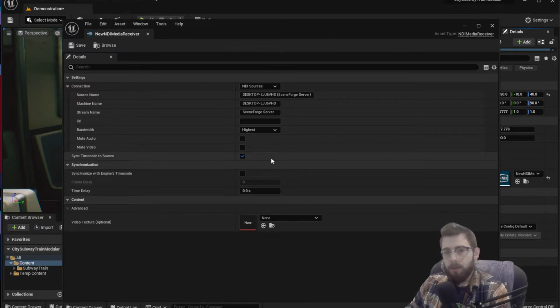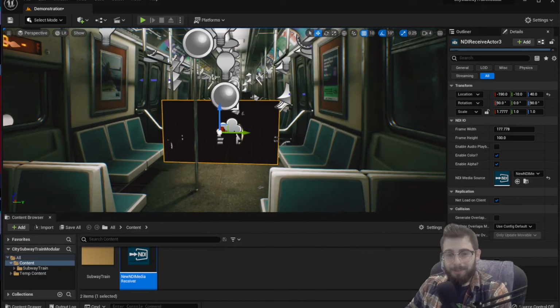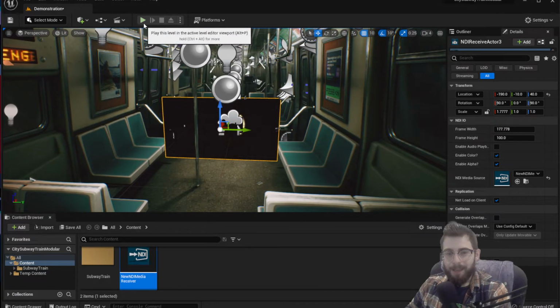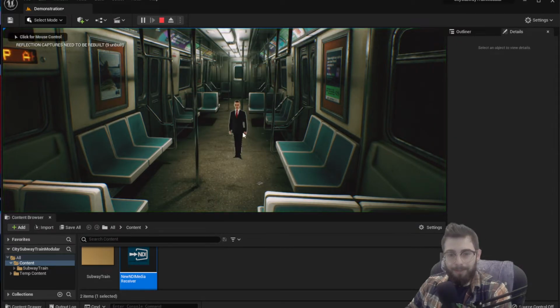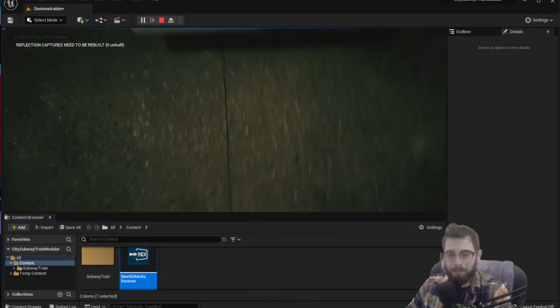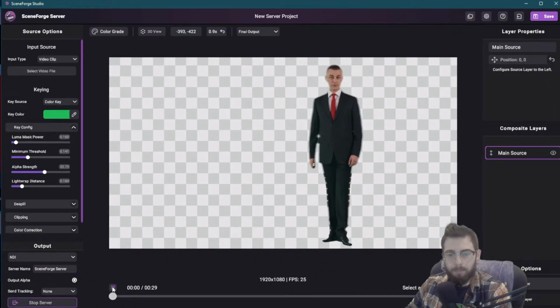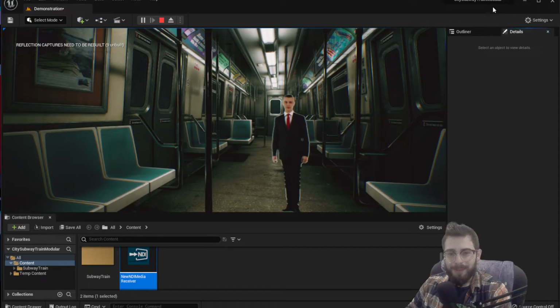If you are familiar with other NDI options, these other settings may be applicable, but for now it works with just the default. Now all you have to do is simply press play as long as you have your media source configured. And after about a second, you'll see it instantly adds the footage to your scene. So if I simply press the play button, you'll see that if I switch back to Unreal,